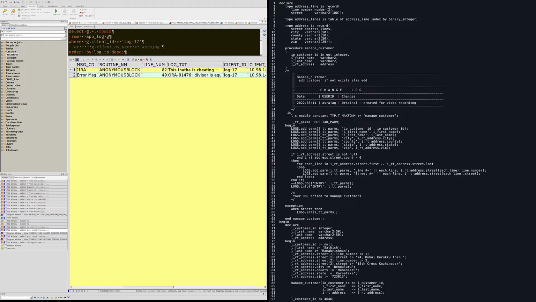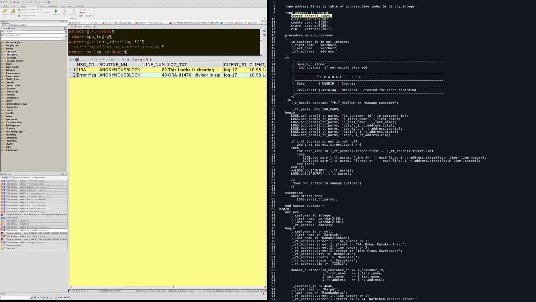We are introducing, again, IO is in-out parameter. So in-out, it's an integer. We are managing customer, meaning we are either going to add or update the customer, his first name, his last name, and his address, right? Address is record type because this address is of record type. So we are doing that. So this record has a table type, which is different, right? So this is a table type. So this is a record having a table type as one of the fields. Okay, managing a customer,